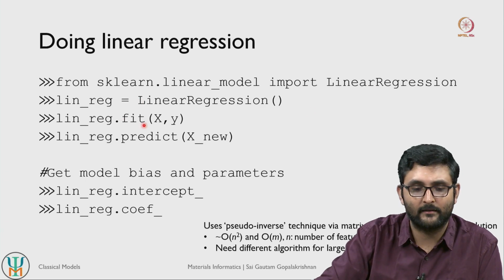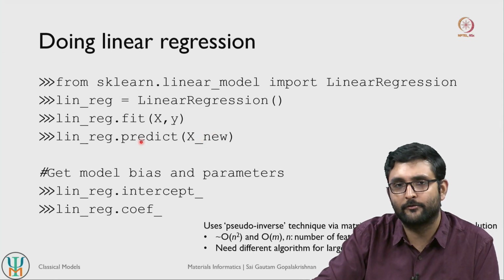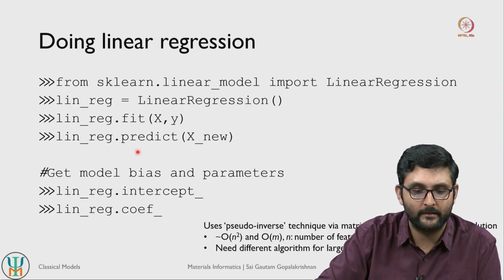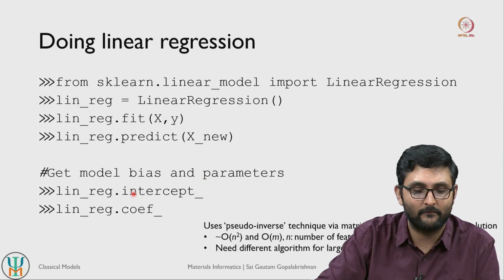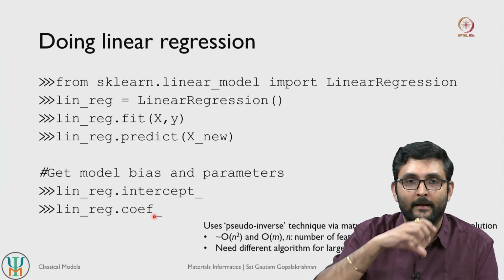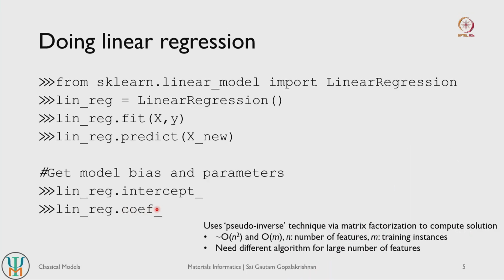You create an instance of the class and then you fit with our typical syntax, fit of x comma y, and for any new data points, any new features, you just pass in the new features to the predict function and it should be able to give you whatever it is able to predict. And if you want to explicitly get the bias and weight parameters, the intercept gives you the bias. So you invoke the linear regression instance and then you call the intercept attribute within it, and then coefficients gives you, if I am not wrong, an array of the weight terms that contribute to your linear regression model.